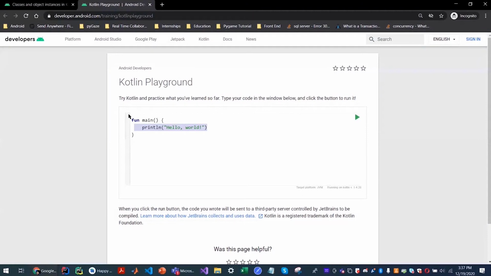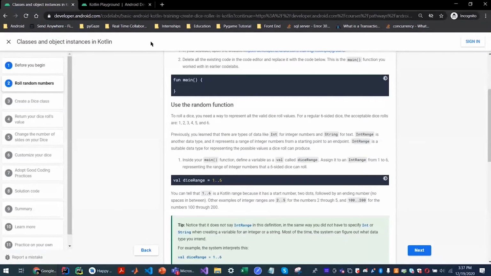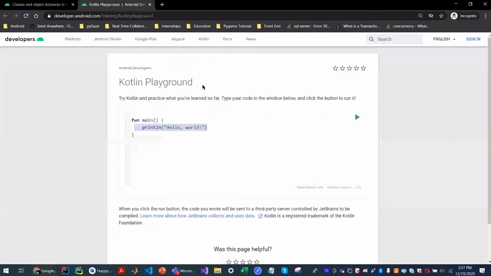So the first thing we'll be looking at is a random function, like I mentioned. I will initialize a variable called dice range with the range 1 to 6. Now this range is inclusive of both the numbers you put at the end, and this is the syntax.